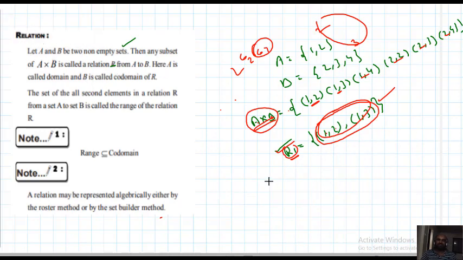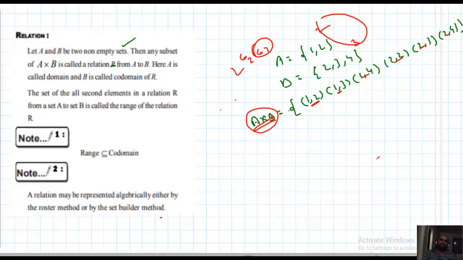Okay, here I want to write again, R1 is a relation from A to B. Or I want to take one more. I will take another, R7, for example: (1, 2), (2, 2), (2, 4), something like that. So R7 is also a relation from A to B.